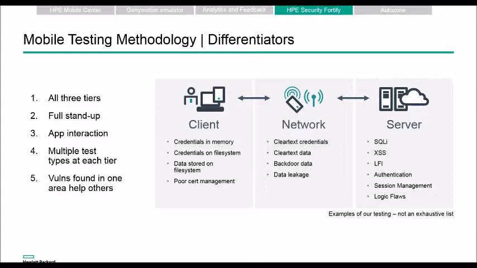If we go to the next slide, talking a little more about what we do on the mobile application side, we really take a holistic approach to security testing across the entire mobile app ecosystem. And what that means is looking not just at the mobile application device itself, but also analyzing network traffic as well as the back-end servers that are being accessed by the device while it's being used. So key tenets of our full level of testing include standing up the applications on physical devices and testing across all 3 layers. And by using information, for example, gleaned during the testing of an actual client-side application, that can better inform testing at the network and security server levels as well.